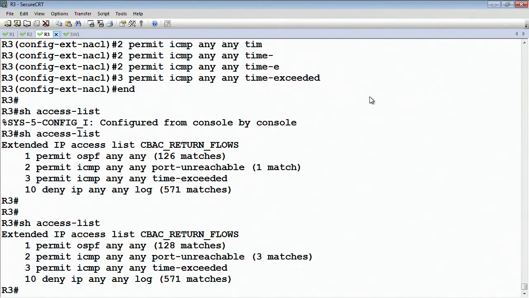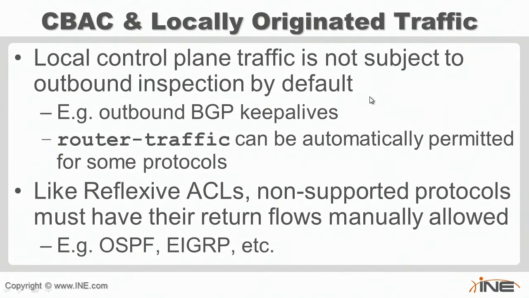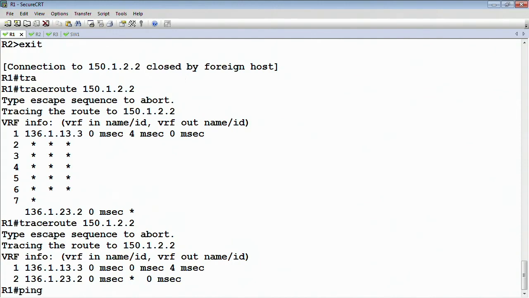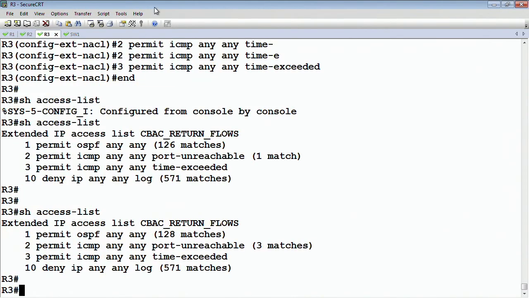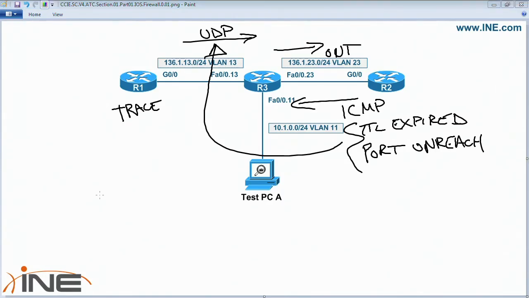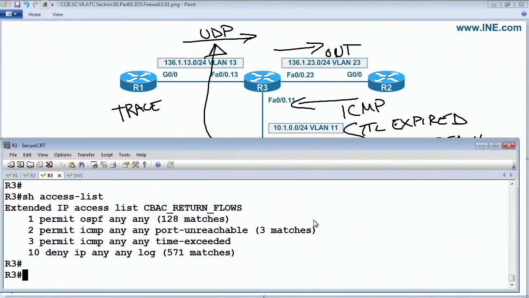Now we'll also see that the locally generated traffic on router 3, again, is going to have the same type of problem. So router 1 was able to ping router 2. If we do the same thing from router 3, who is the one that's actually doing the inspection, so on router 3 we ping 150.122,